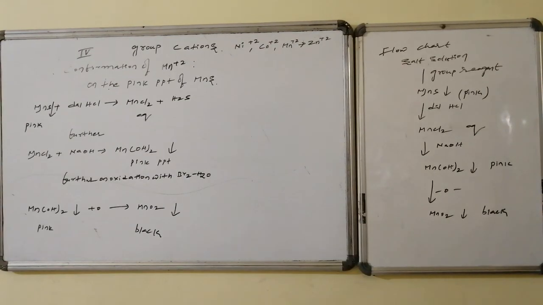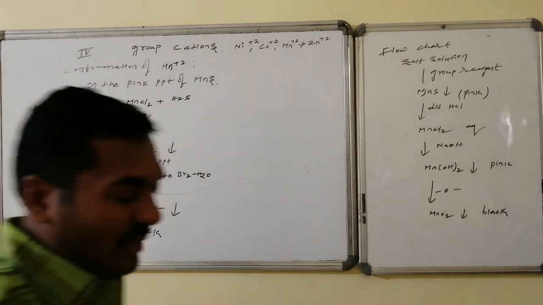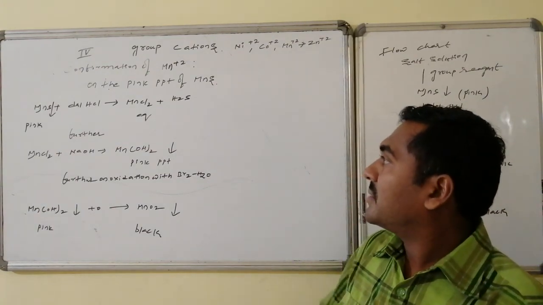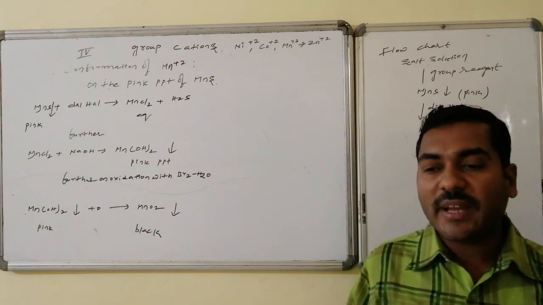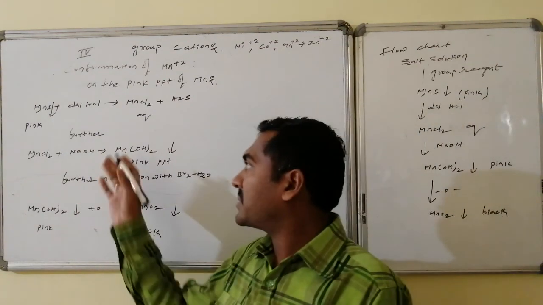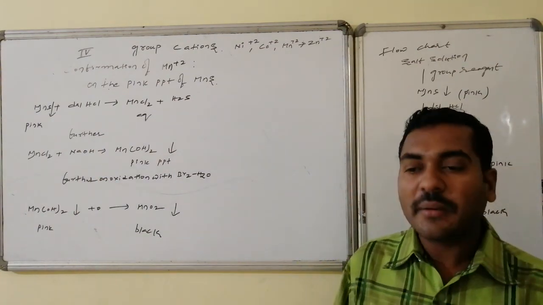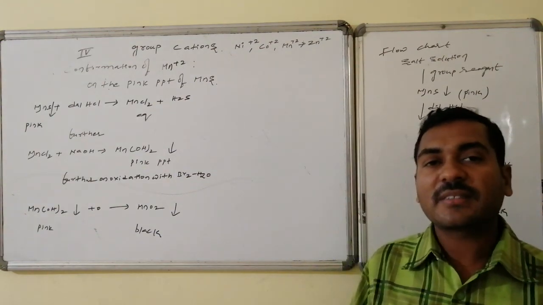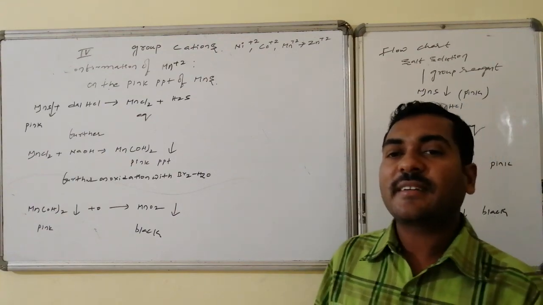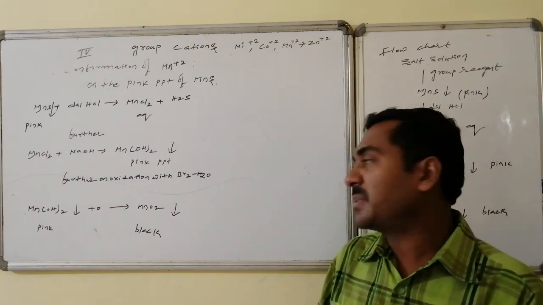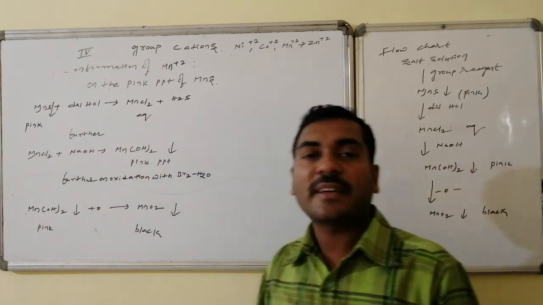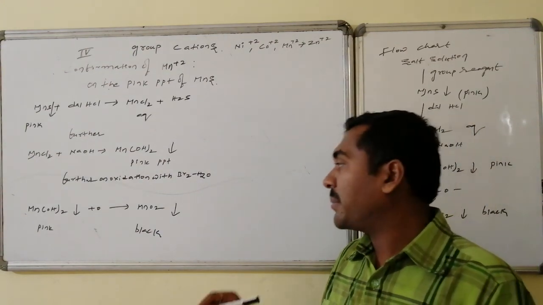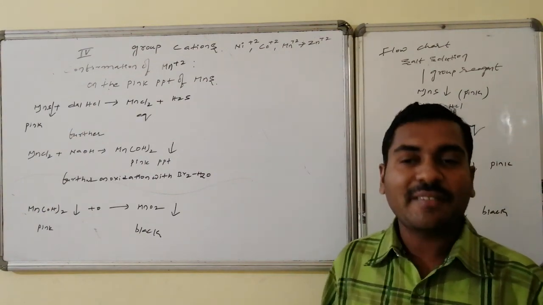Yes, confirmation for the manganese. The manganese on reaction with the group reagent forms manganese sulfide, which is of pink color. The pink colored manganese sulfide is allowed to react with dilute HCl. As a result, it forms manganese chloride, an aqueous solution. This aqueous solution on reaction with sodium hydroxide is converted to manganese hydroxide, once again a pink colored precipitate. That precipitate of manganese hydroxide of +2 state on oxidation with bromine water converts to MnO2, manganese dioxide.